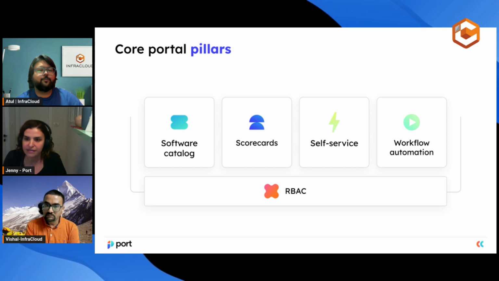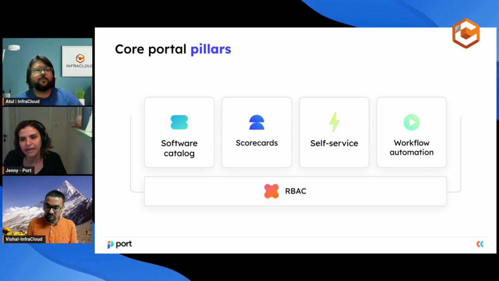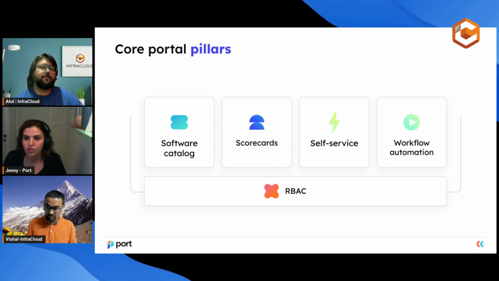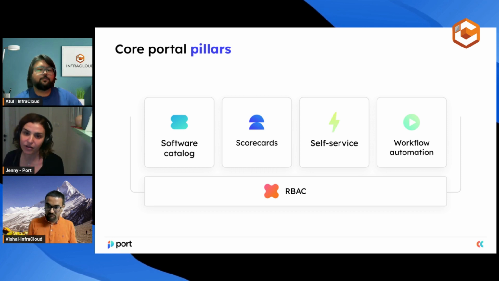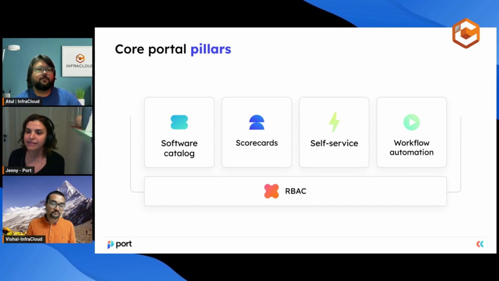The second pillar is what we call a scorecard. And this is a pillar we didn't touch on a lot, but it's the pillar that will make sure that you're complying with your organizational standards. And basically, based on the information that you're having on your platform, you can create some scorecards to make sure that you are complying with standards and you are acting and working according to the required quality. And again, it's more for managers, but it's taking all the analytics that you're having on your tooling, brings it into the portal, and then you can make some ruling around it and check for compliance.